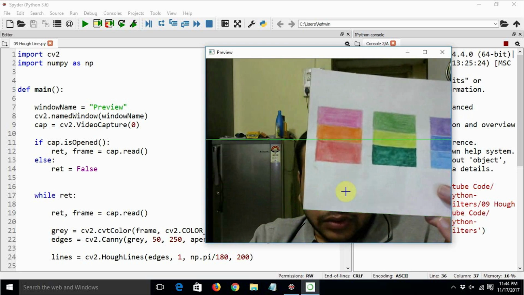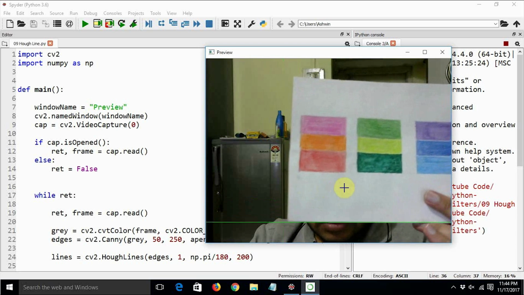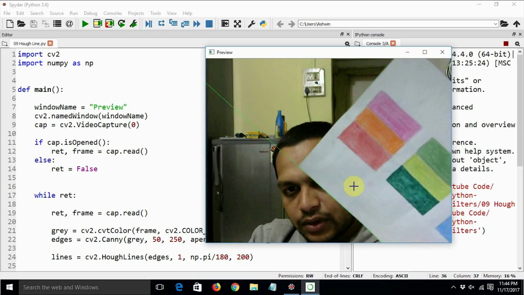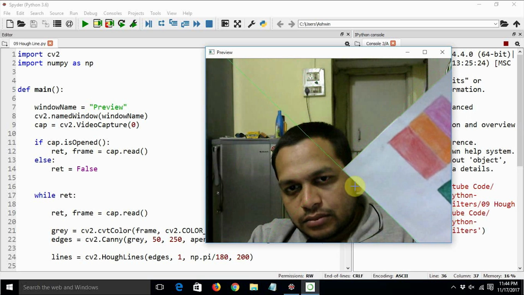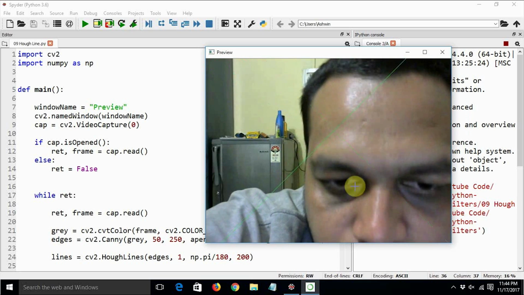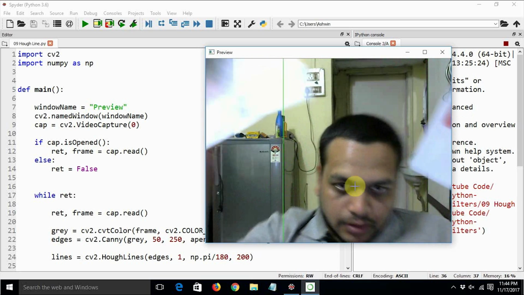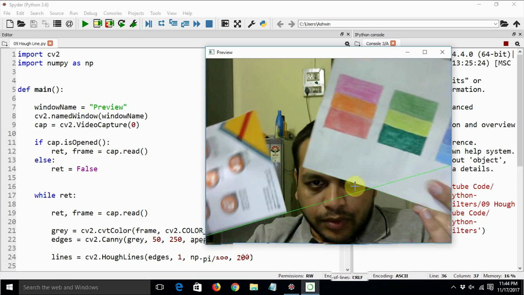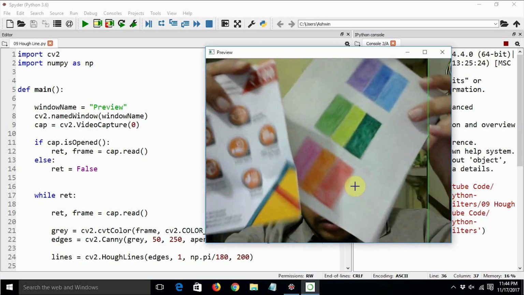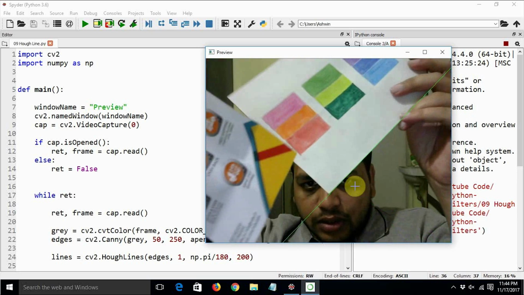So as you can see, there are multiple lines, but it is able to detect very few lines actually. Okay, yes, these are lines, and let's try to understand. Yes, so this is how it is able to calculate all the lines.